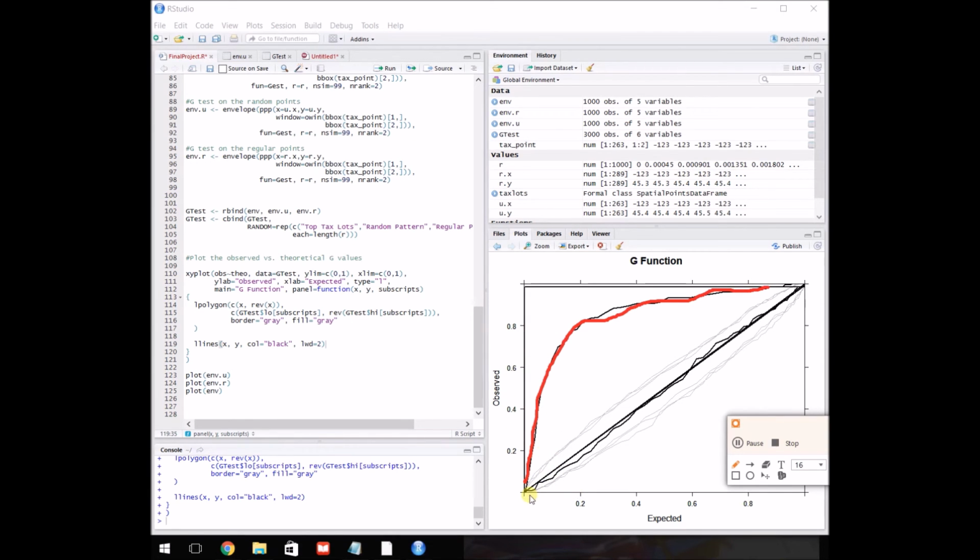This X bar is considered distance. So what this means, since it rises rapidly early and tapers off at the end, is that at shorter distances, at shorter total distances, the overall distance between the points is less. So our data set is considered clustered, which makes sense if you look at the